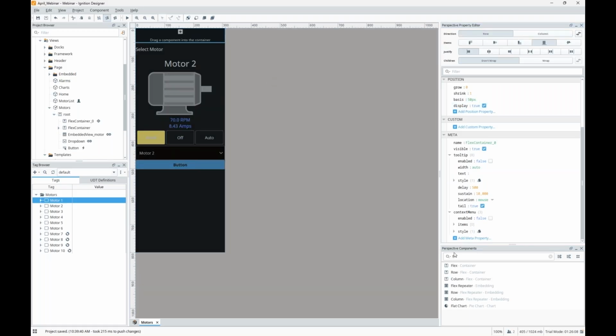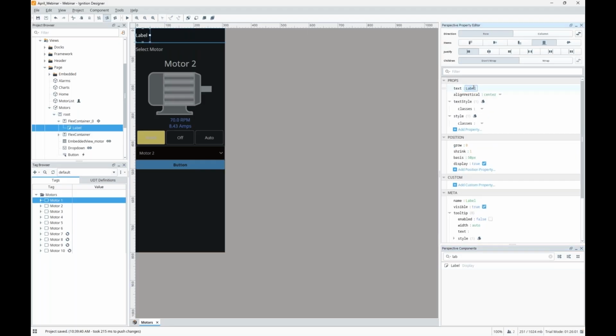I'm going to go ahead and add a label in here, and I want to label this view as motor details so that the end user knows what they're looking at. The first thing that I wanted to mention here, the first tip inside of this header, is the auto option for your basis. You'll notice that this is wrapped. I want this to be in a single line, right? And I may not even know how long this string is. This string may even be dynamic.